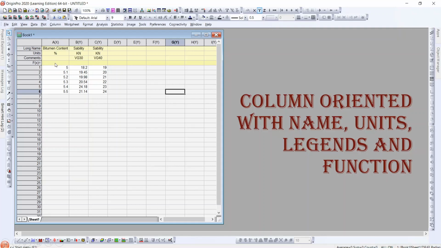Suppose you give some function here under the y column, then when you enter the x values it will take directly y values, and you can also give units here itself and comments also. These comments are nothing but the legends that appear on the graph.